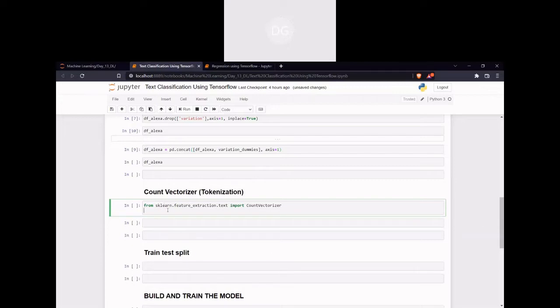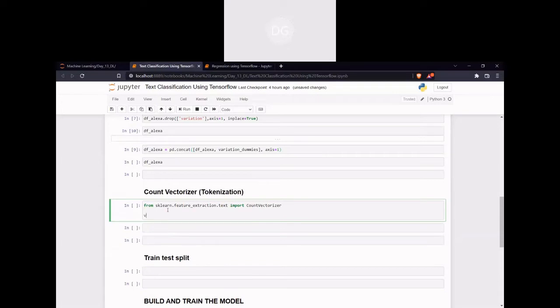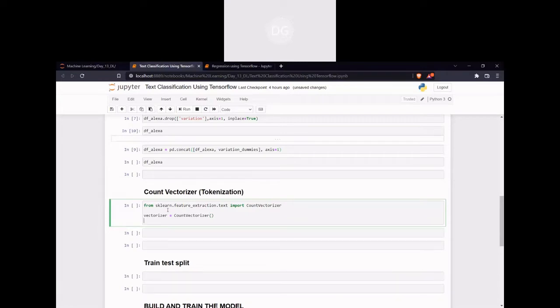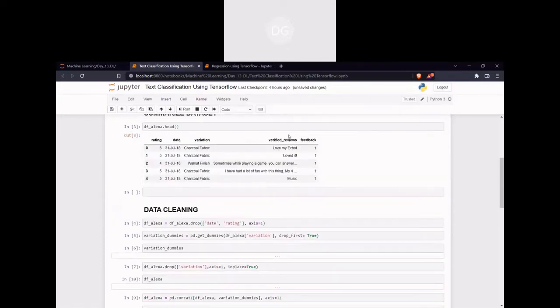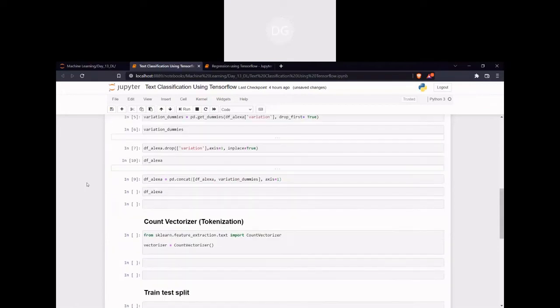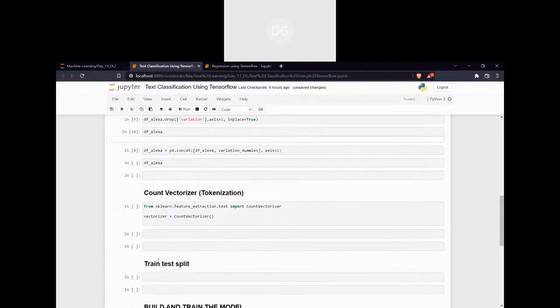Then we have to initialize it, right? So I'm giving vectorizer equal to CountVectorizer. Now it has been initialized. We have to transform the review column. What is the name of our column here? Verified reviews.